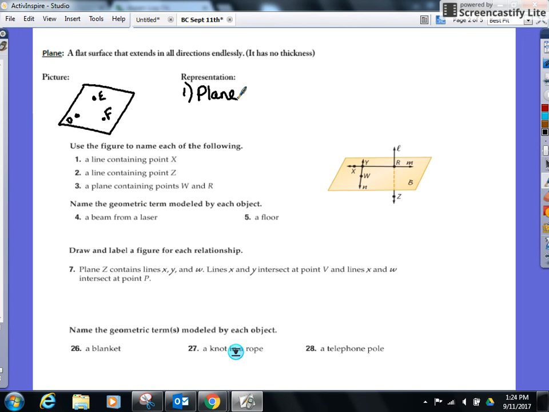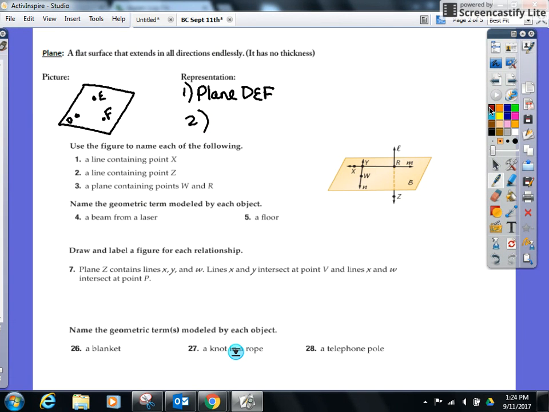And you name a plane by 3 points that do not form a line. Okay, 3 points in that plane that will not form a line. So in our case here, plane DEF, you could also name it FED. Order does not matter as long as those 3 points do not form a line in that plane. All good? Second way you could see it,